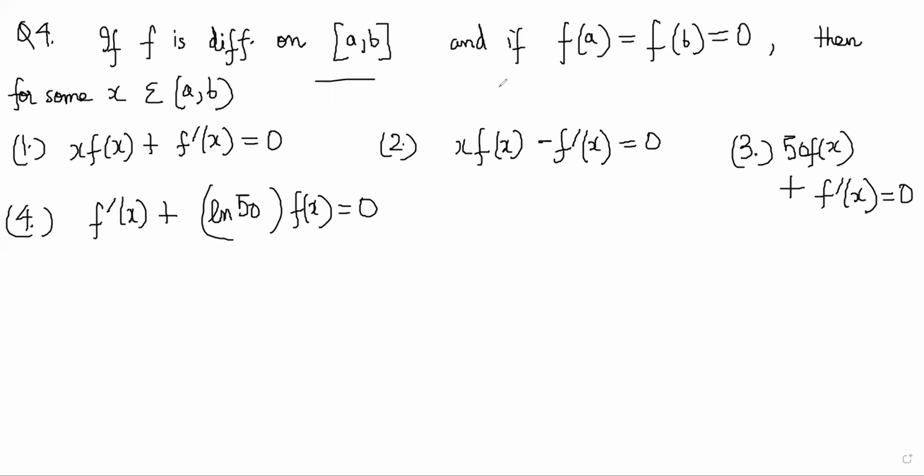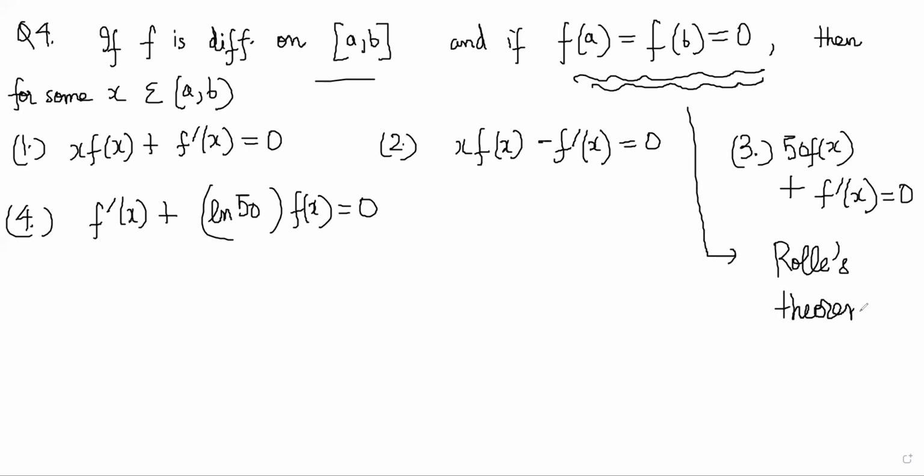Now, this question is again a theoretical question. Obviously, you have to apply Rolle's theorem. So you have to apply Rolle's theorem and figure out, is there an x inside the a to b interval such that these results can happen individually. Each of them you should check whether this can happen or not. So why is Rolle's theorem condition satisfied? First of all this, and then it is saying differentiable on the closed interval. So that means it will be continuous also on the closed interval, right?